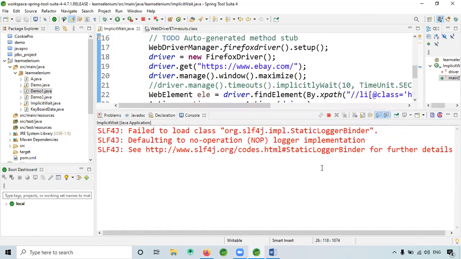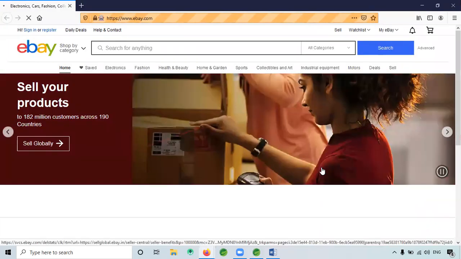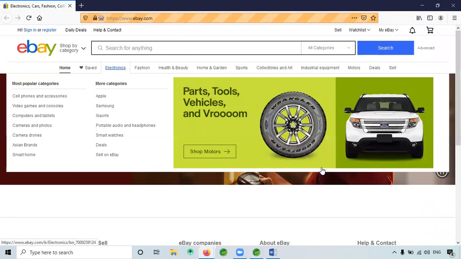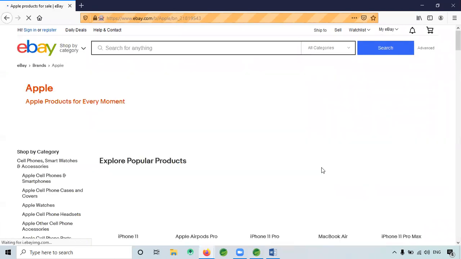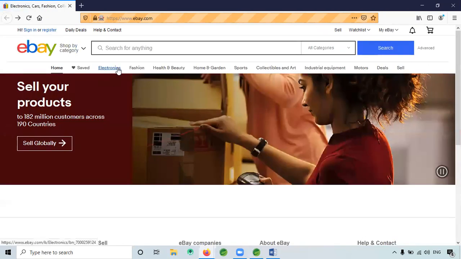Okay, there. Actually, it is clicking that link, but the Apple page is not displaying. Okay, so that was the problem. Apple itself was coming, right? So clicked that. See, now it's working. So what was the problem previously? See, it went here.